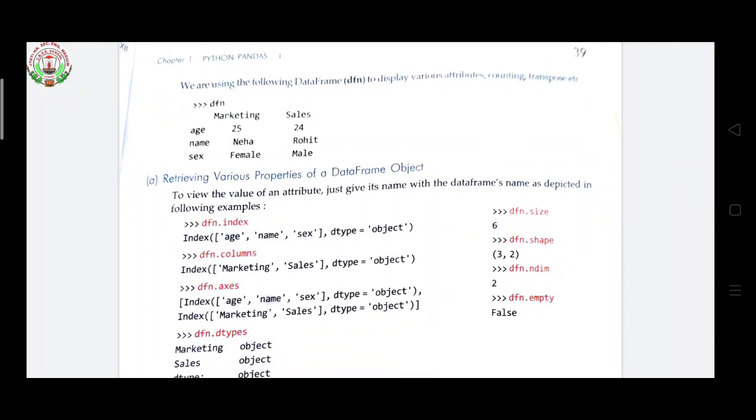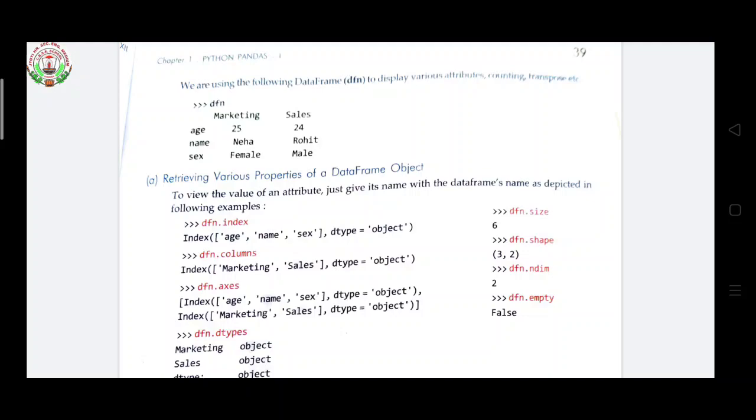When we write dfn dot index, the output is Index, inside square brackets age, name and gender, sex is given, then dtype equals object. Next is dfn dot columns: Index, marketing and sales inside single quotes, dtype is object.